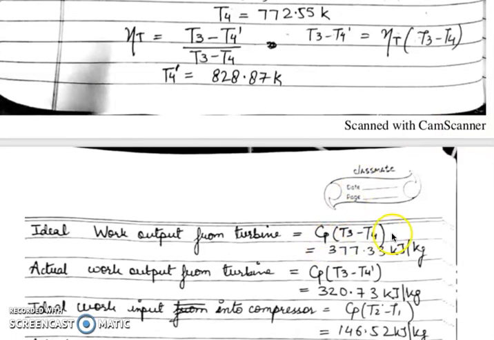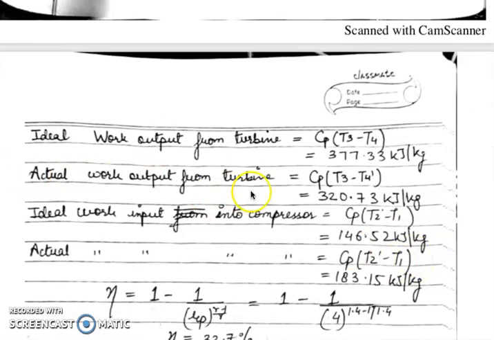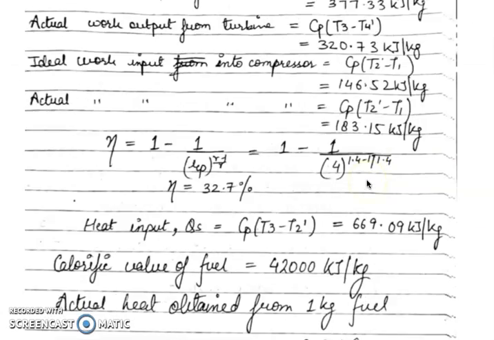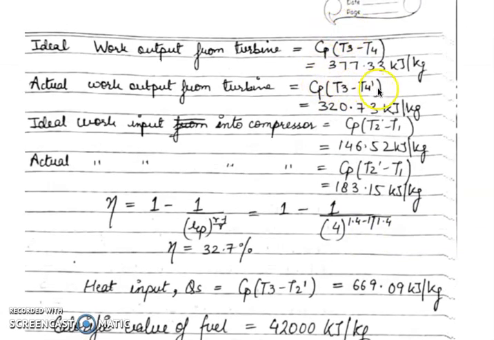So it is Cp (T3 minus T4) and it will be in per kg, because right now the mass flow rate is not given in the question. If it will be given, then it will be m Cp dT. Here we are calculating it for 1 kg. Now actual work output from the turbine will be 3 minus 4 dash. So this will be Cp into (T3 minus T4 dash),